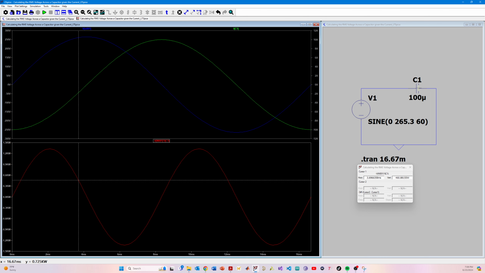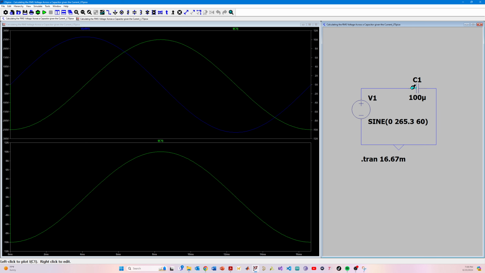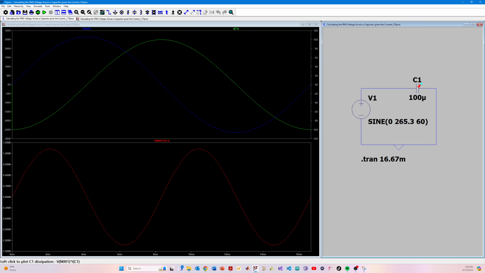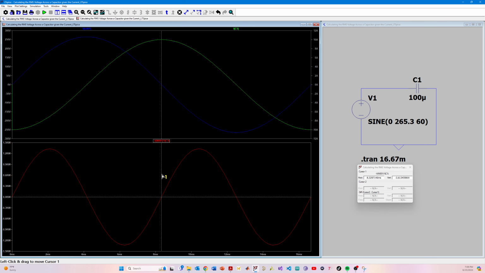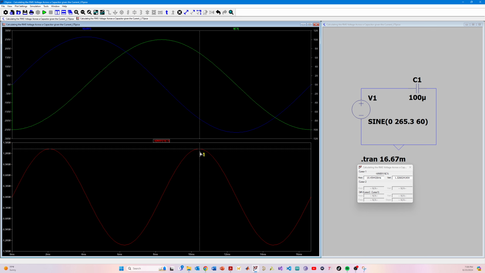So to get the average power, you would want to go on your circuit, click in, I think Control on Windows, and it will be Option on Mac. So you click Control or Option. So you see this is the current, and then here we get the voltage. So if we click Control or Option, depending on what kind of computer you have, then you can get the instantaneous power. So here, if we go to the top, which would be the amplitude, we then see that we